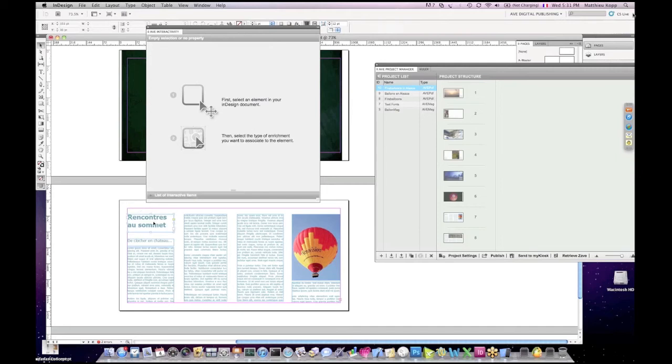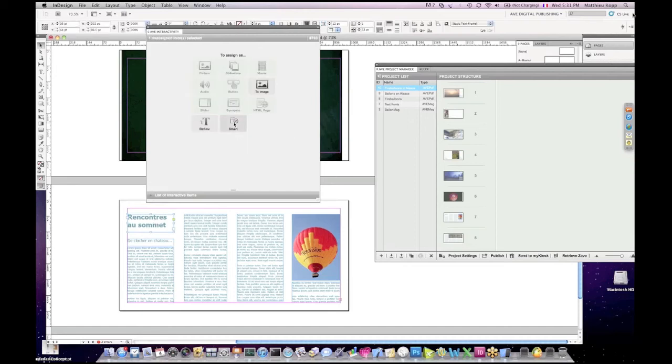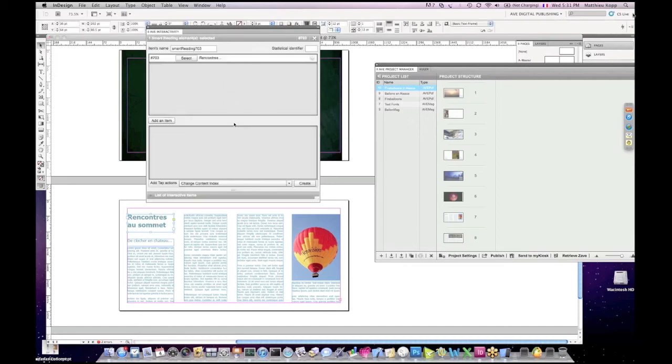So in order to do that, I will select this block of text and use the smart interactivity element. This is where guided reading or smart reading is enabled. As you can see, there is now a list with the first box here. I will add an item, select another box, add another item, etc. It can be pretty time consuming to do it manually, but you can. You can also do it automatically, as I mentioned before. You can also add images in your flow